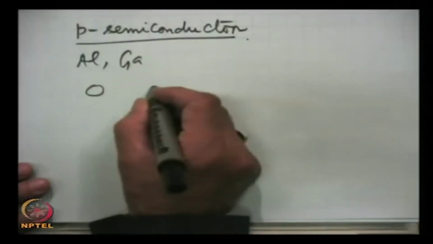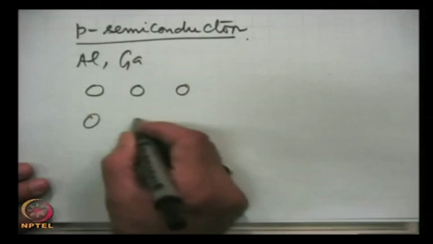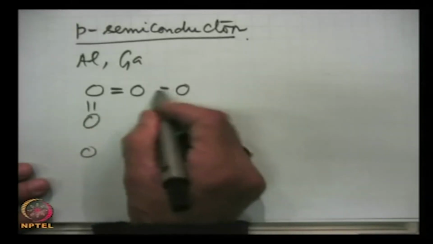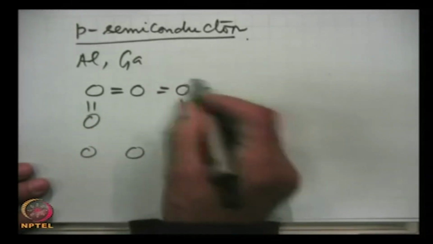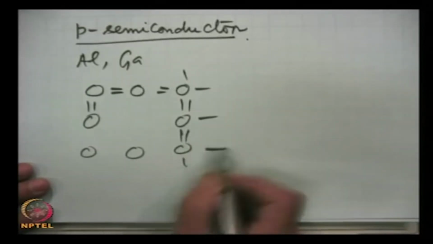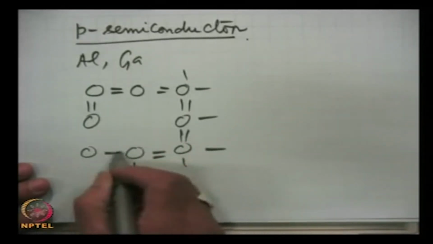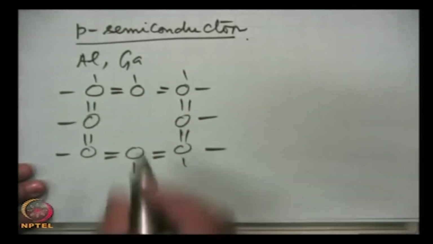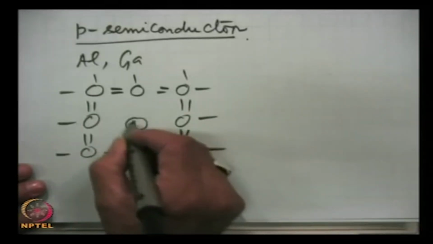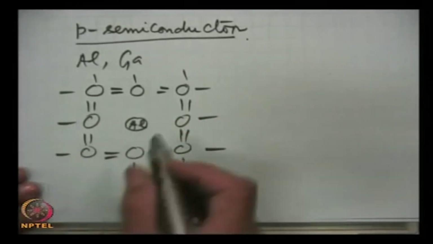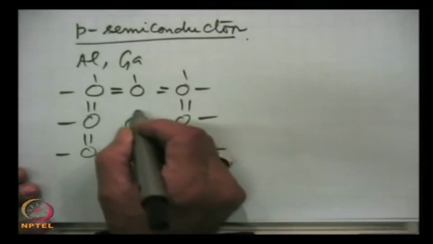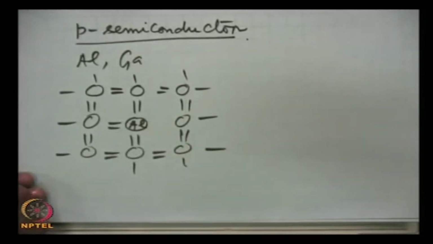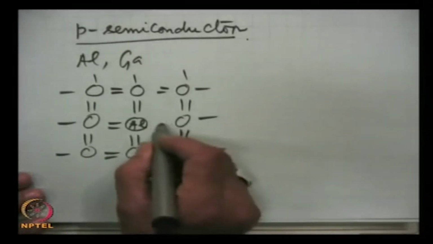Here this is aluminium, and here the 3 electrons, they will form covalent bond with the neighboring silicon atoms, and this